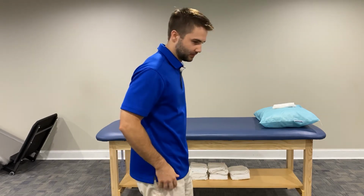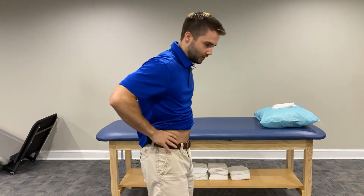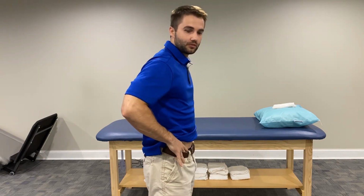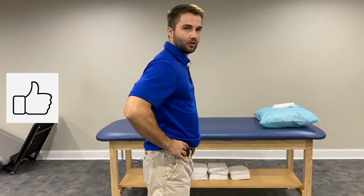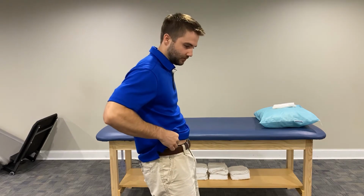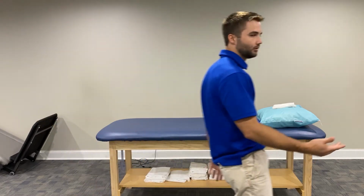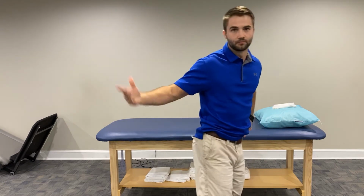Now, I mentioned the body breakdown, and what I mean by that is mainly the tilt at the pelvis. You've got to figure out, are you somebody who is in more of an anterior pelvic tilt, more of a forward pelvic tilt? I want you to find these bones on the front of your pelvis. Are those bones pointed more down and rotated forward? Or are you somebody in more of a posterior tilt, with these bones trying to face up? You can find those bones very easily. Just follow that V to the front and figure out, are you somebody who walks like this more so, and I'm exaggerating,